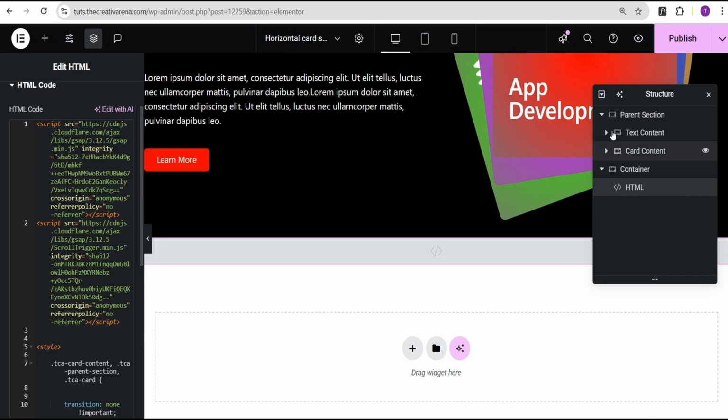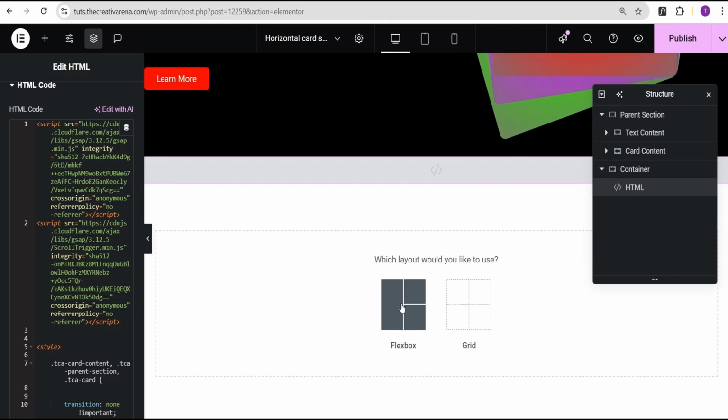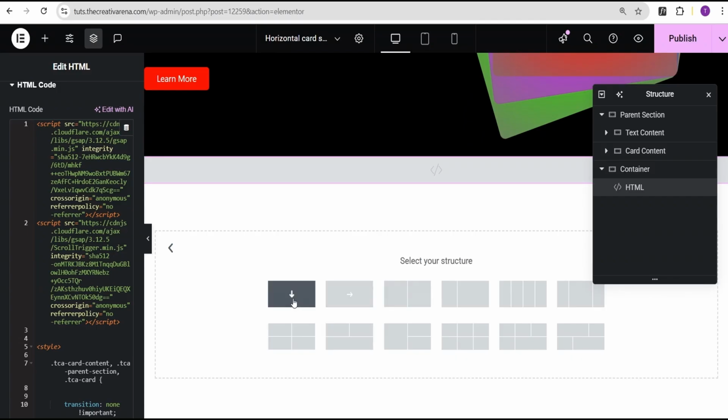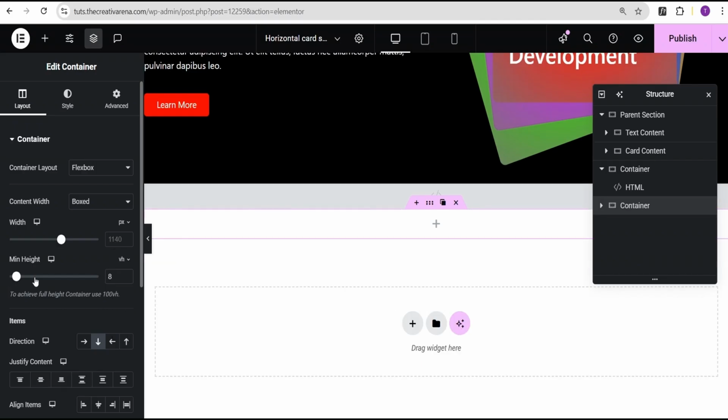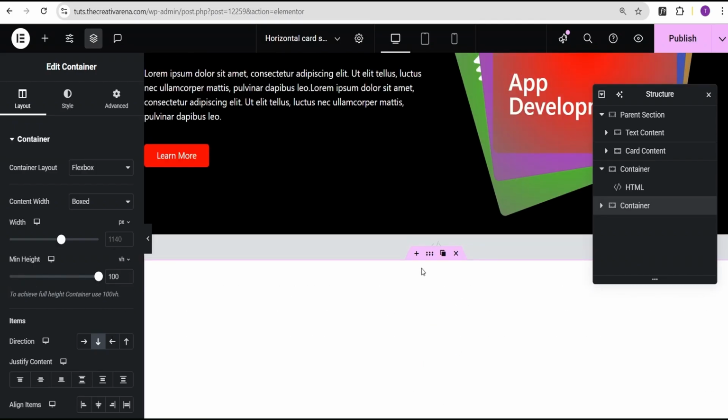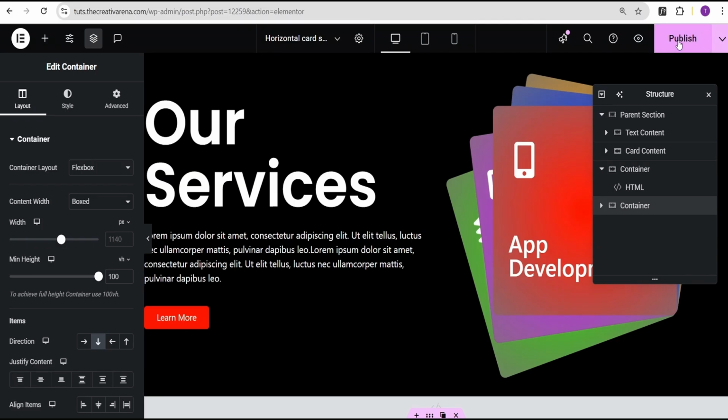Okay, then the next thing I'm going to do is add another container here at the bottom. The reason for that is so that we'll have the option for scrolling on our site. Now in your situation, your website could have other content around, so you won't be needing this space for scrolling. So I'm just going to add this, give it a VH of 100. Okay, so we now have space for scrolling. So I'm going to publish this,